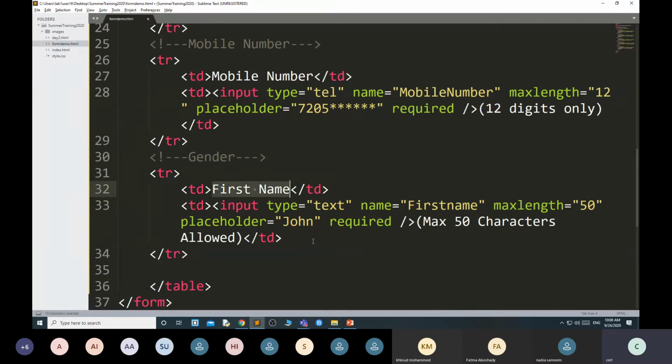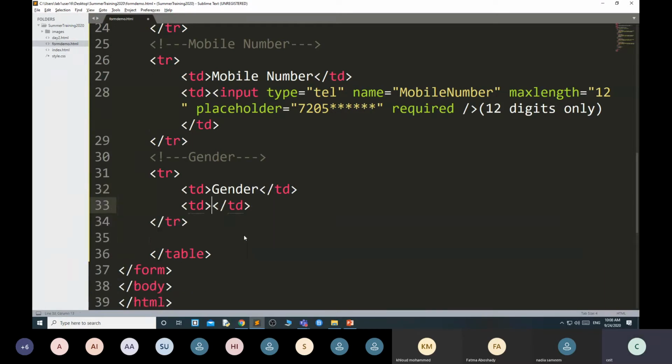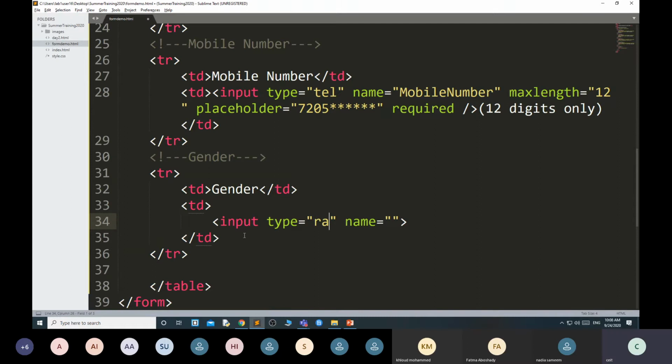Like when you are doing the MCQ, multiple choice question. In that, most of the questions have the answer in the radio button. Radio button means only one option will be correct. Then how can I do that? Inside TD, this is my TD. First, input type radio. Okay. Name, gender. Okay. Value, male.